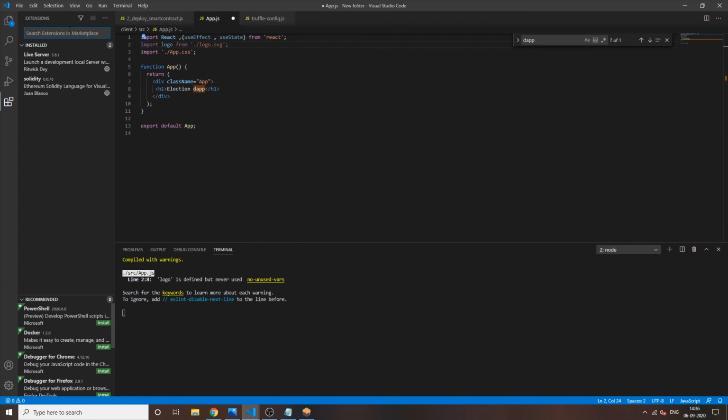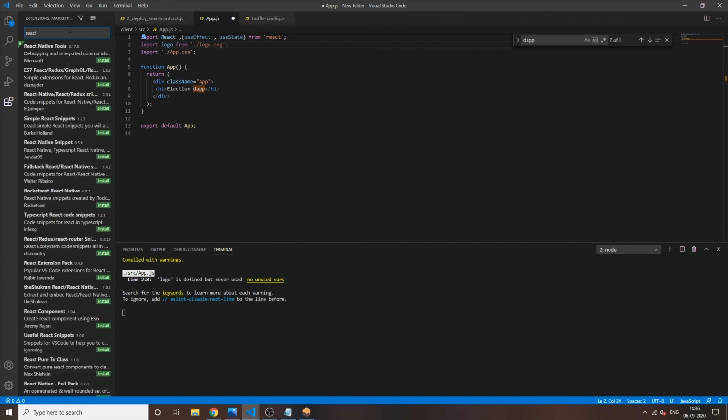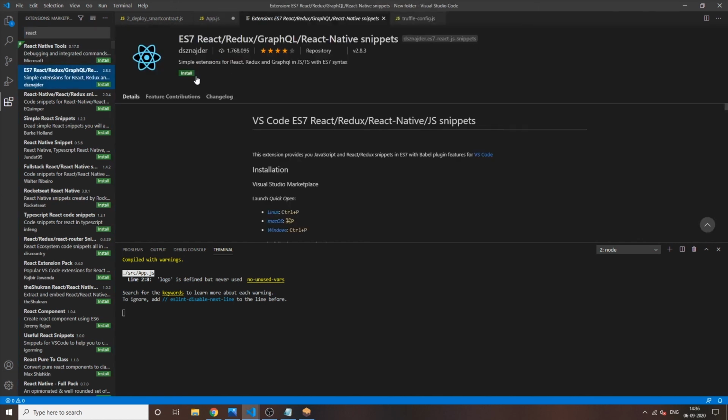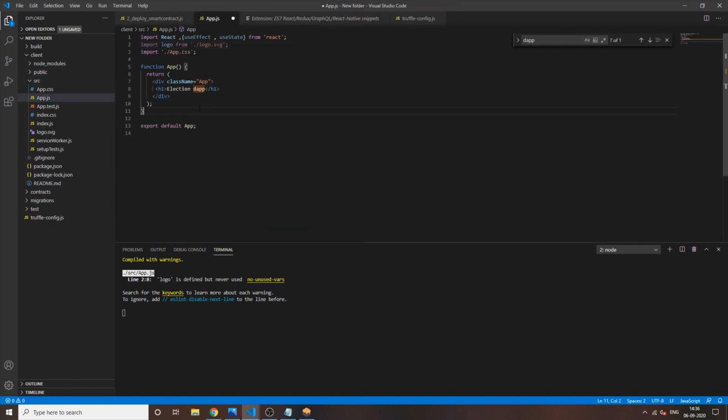If you are not getting the syntax like me, you can install the React.js snippets extension. I have not installed it myself, so just install it.